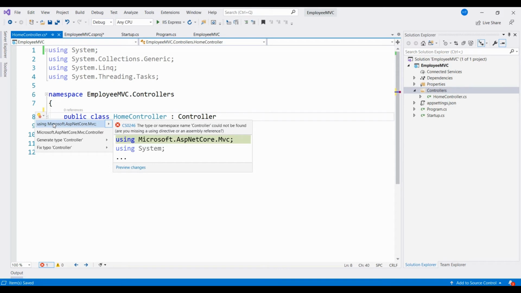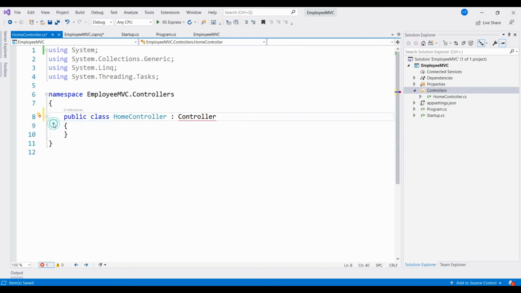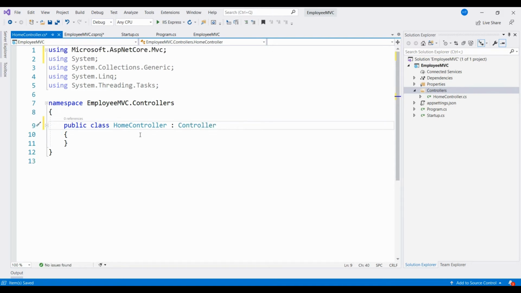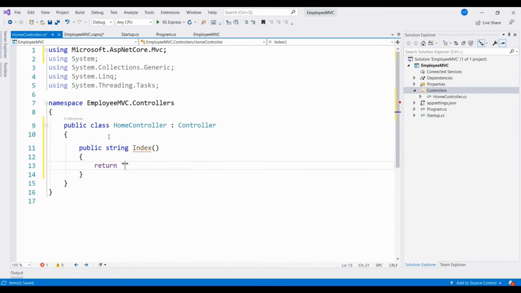Now this will ask you to add the namespace, so I am just choosing the suggestion given here, and then create a method. I am just creating a very simple method which returns a string message, public string index, and returning a simple string here from controller. So now let us run this project.